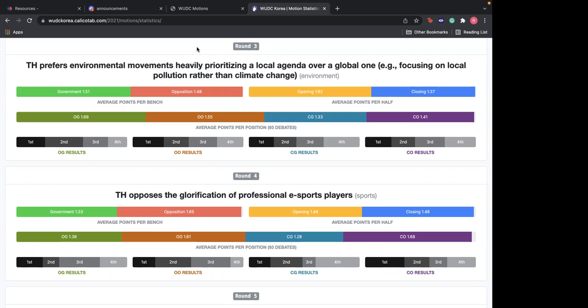Therefore, it's important to, number one, clear up the definition in the first place. The definition is then dependent on which one is more reasonable and which one is fairer. So usually government is the first team to provide a definition. And if that definition is fair, if both teams can argue within the scope of the definition, then it has to be accepted. Opposition can stand up and say, no, that definition is unfair and it doesn't allow us to debate properly for XYZ reasons. This is known as a definitional challenge. The point at which you challenge a definition, you have to provide reasons as to why you're challenging this definition, why it's bad, and then you provide a new definition.